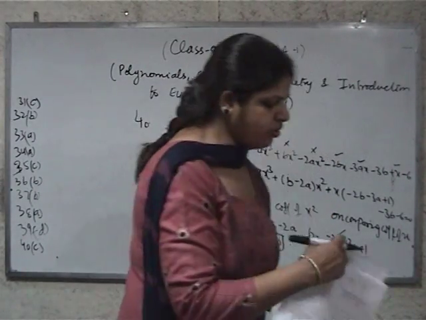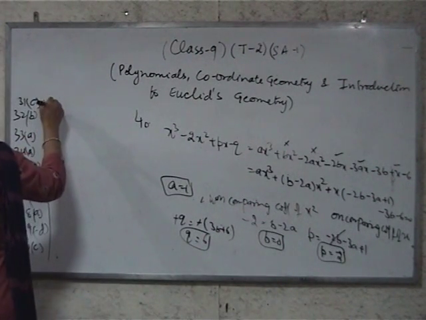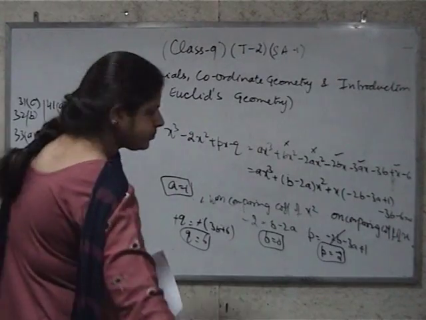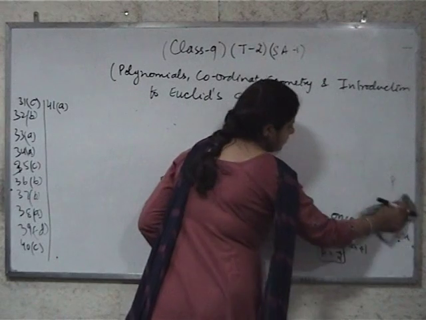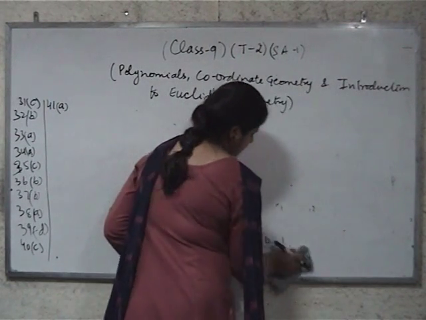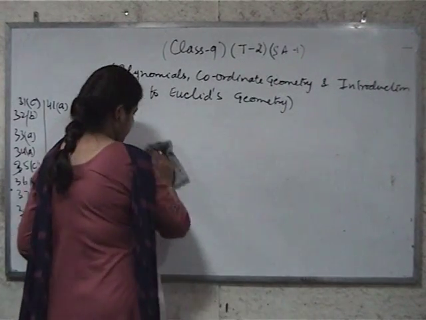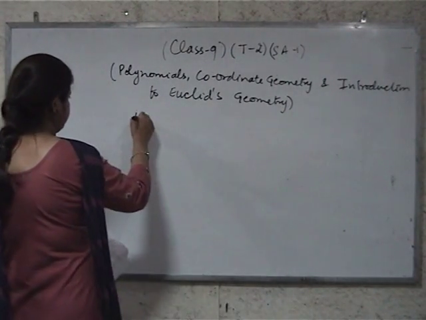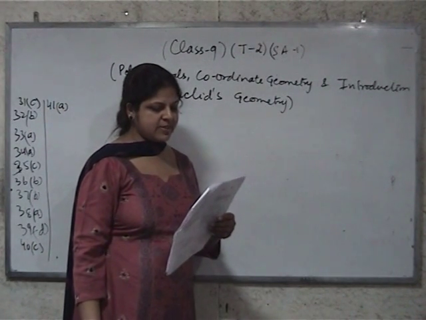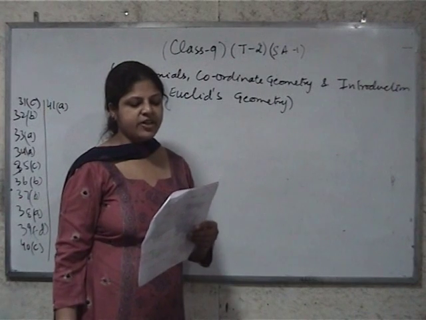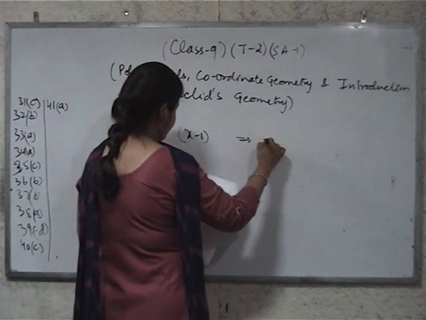Next is question number 41, and the answer for this is alpha. If 2x cube plus ax square plus bx minus 6 has x minus 1 as a factor, x minus 1 is a factor of 2x cube